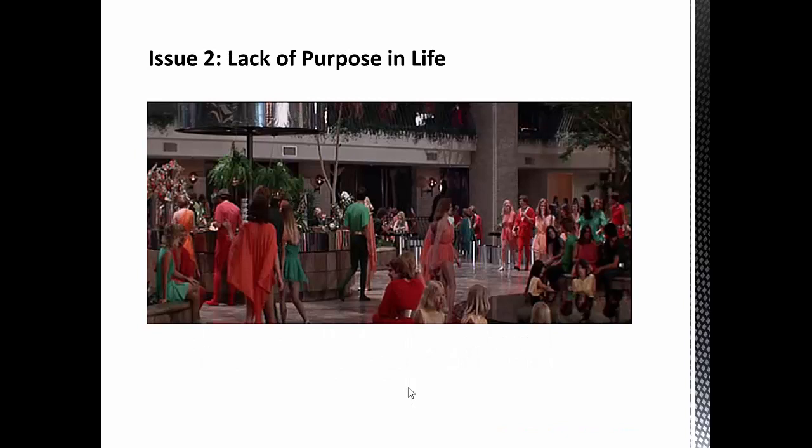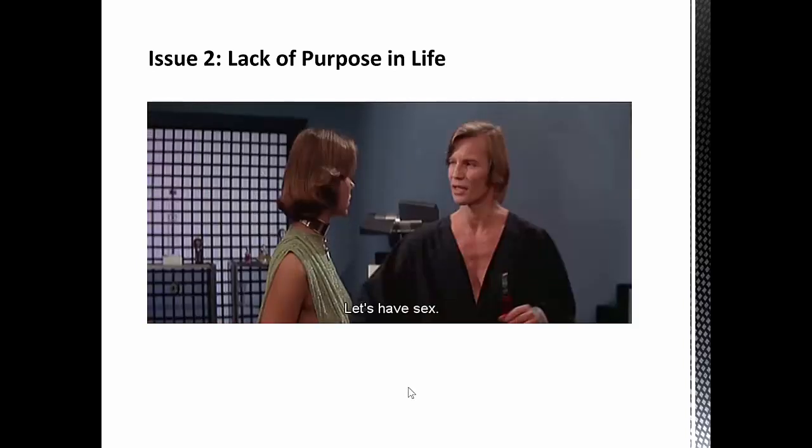The second issue focuses on the purpose of life of the citizens. In the movie, the citizens spend their life on entertainment in the arcade because they have several mechanisms to provide them everything. They do not need to work. They have casual relationships and multiple sex partners. In the movie, Jessica was being teleported for sex with Logan. There was also a sex shop in the arcade.